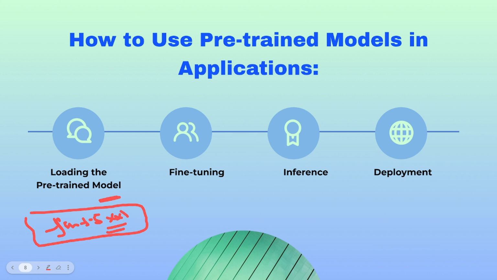Or let's suppose you have a model, you can deploy it to an instance, an AWS instance or GCP instance, and then you can make API endpoints and directly use it. Sometimes if the size of the model is very large, obviously our own system will not be able to handle it. So first of all, you have to